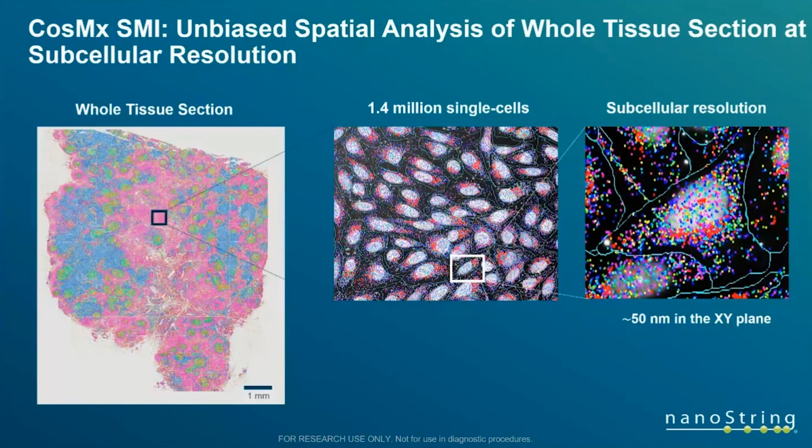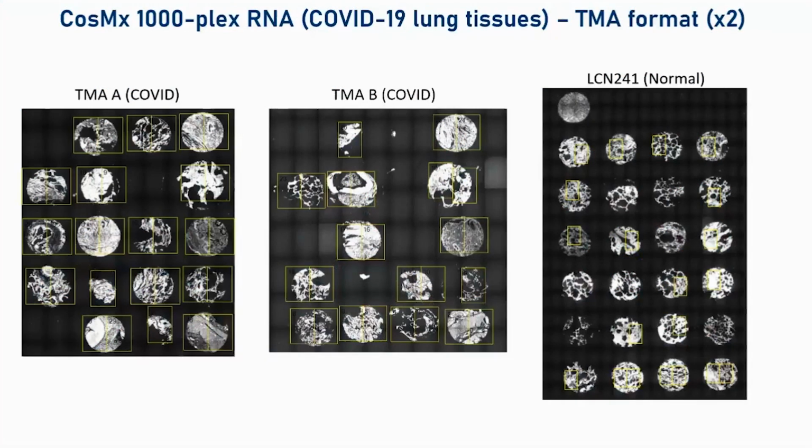And so we used this NanoString spatial molecular imager, which allows you to do single cell and subcellular profiling of the tissue. And we ran 1,000-plex RNA single cell readout on an independent cohort of tissues. This was collected across 40 additional autopsy studies of lungs taken from COVID-19 patients, and we made a tissue microarray of it. And the fields of view that were used to capture these areas is shown in the yellow boxes. So we had COVID TMA-A, COVID TMA-B, and a normal control that we used to contrast this data to.